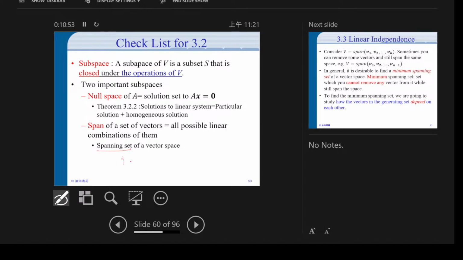So we have a set of vectors v_i and maybe w_i, and they can span. Let's try to write here. So a set of vectors can span to